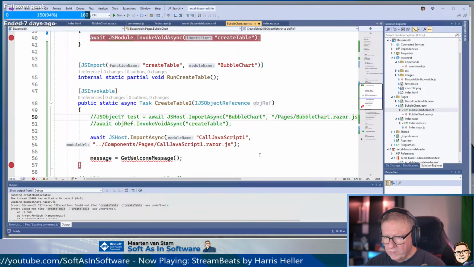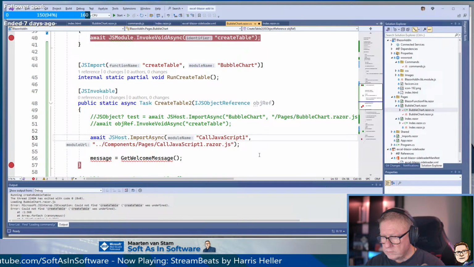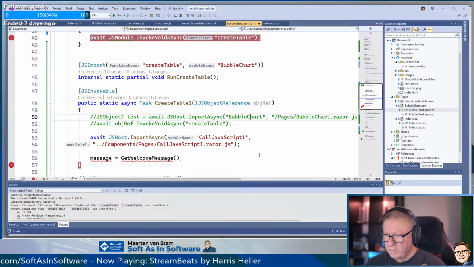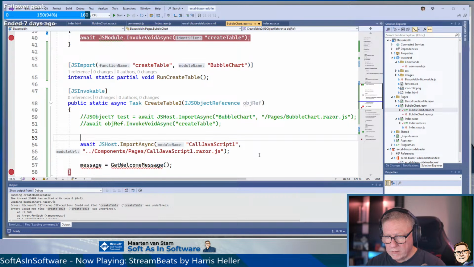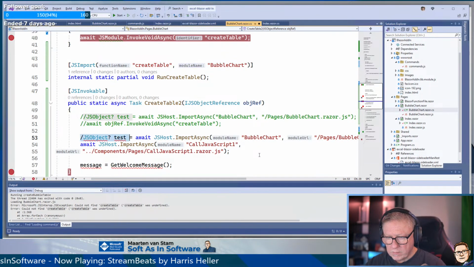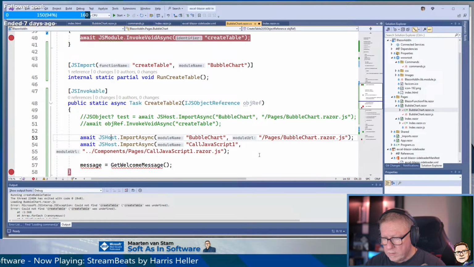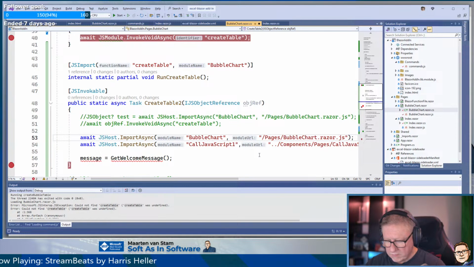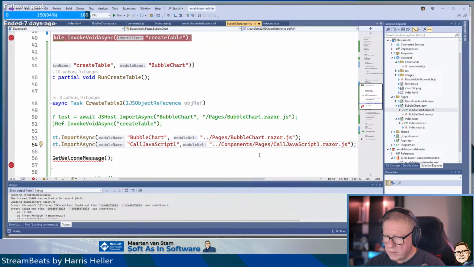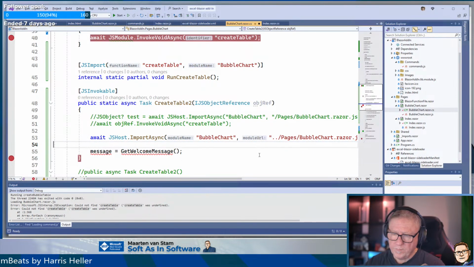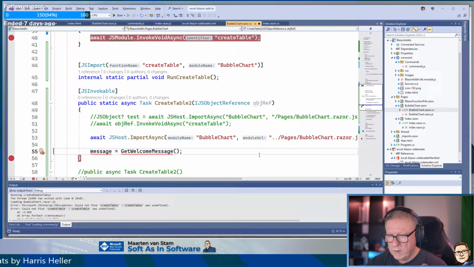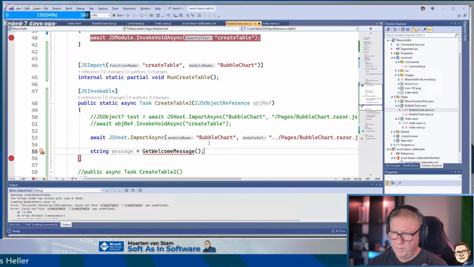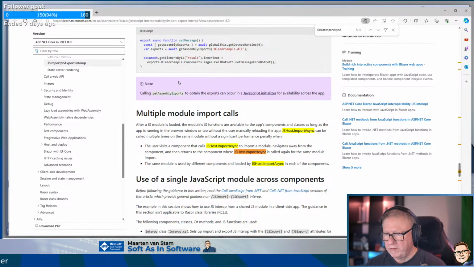That's basically the same as this one. So we copy this, copy. That's the exact same thing, except for the location then. Get welcome message, and now get welcome message is something like